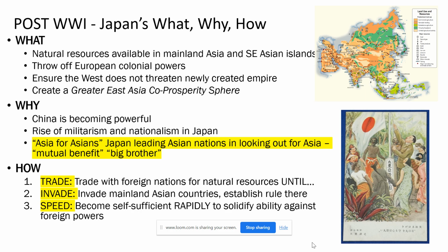Now, speed is absolutely critical. It is of the essence. If they don't come in at a very rapid pace, there is no way that they're going to be able to solidify their power against the West. Self-sufficiency, if they don't make that happen pretty immediately,